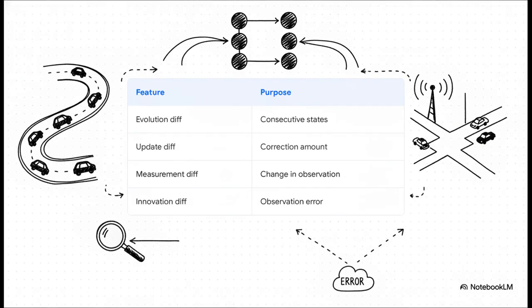This adapted Kalman net utilizes gated recurrent units, or GRUs, but it doesn't just blindly ingest raw data. It's fed 4 highly specific temporal difference inputs. It tracks the forward evolution difference, the forward update difference, the measurement difference, and the innovation difference, which is the crucial error between what was predicted and what was actually observed. By feeding these precise statistical relationships into the GRUs, the network is explicitly learning the temporal dynamics of the nonlinear noise, rather than just naively curve-fitting a dataset. It learns exactly when the physical prediction is reliable and when it needs to lean on the sensor measurement.